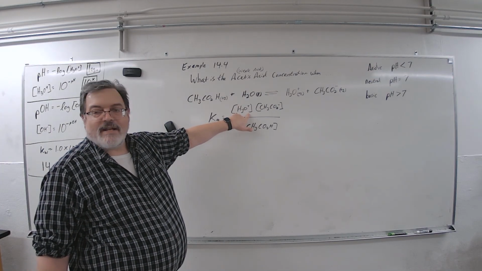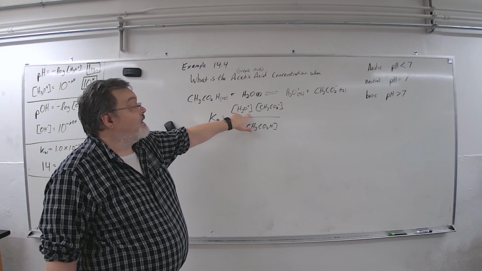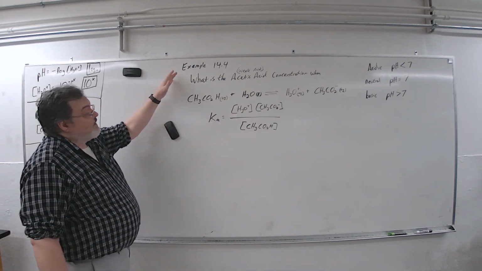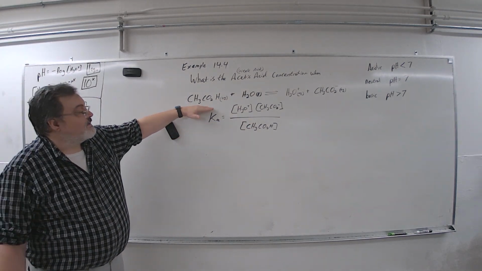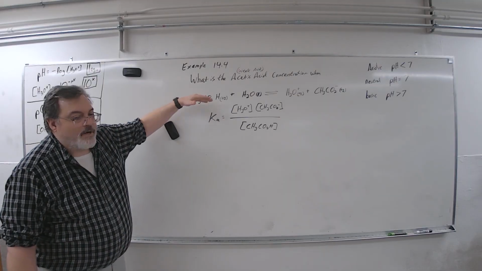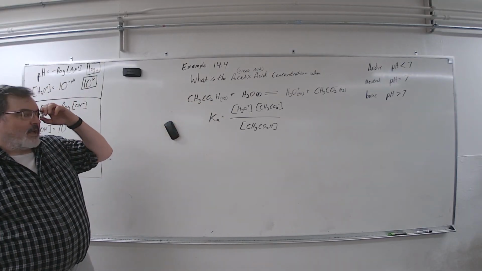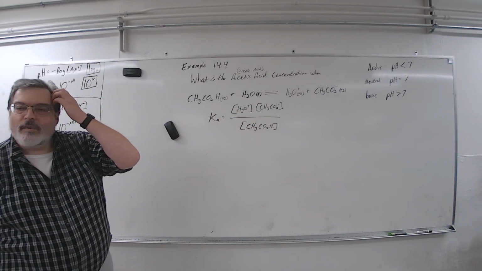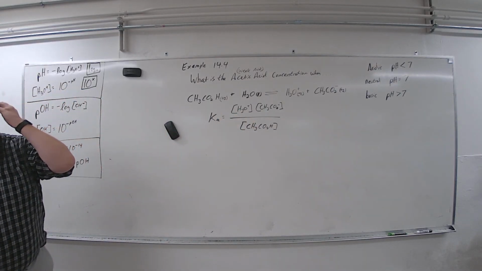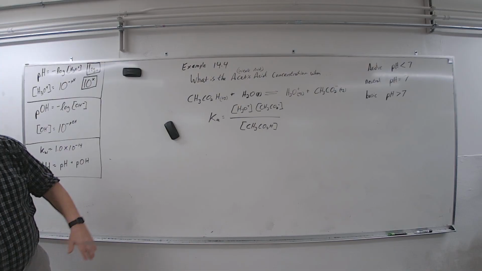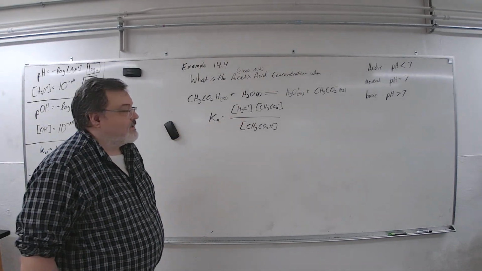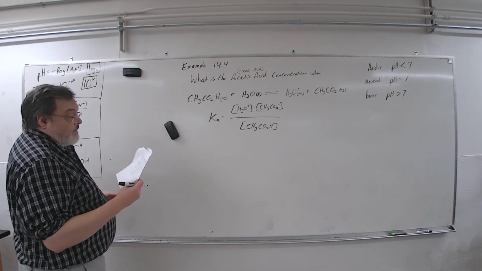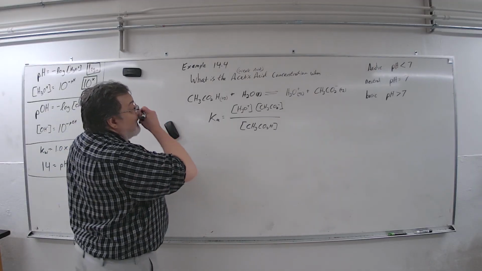Before it was easy because every bit of it became this. But if I told you some molarity that this is, how many moles of this that I put into the water, not all of this became H3O plus. So when you're dealing with a weak acid, it's a little more complicated to find the pH. You're going to need the Ka and some other concentrations. So this problem I'm stepping up to here is